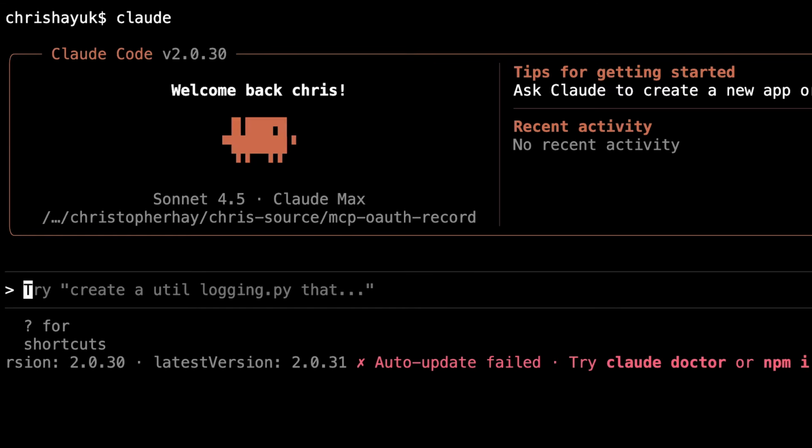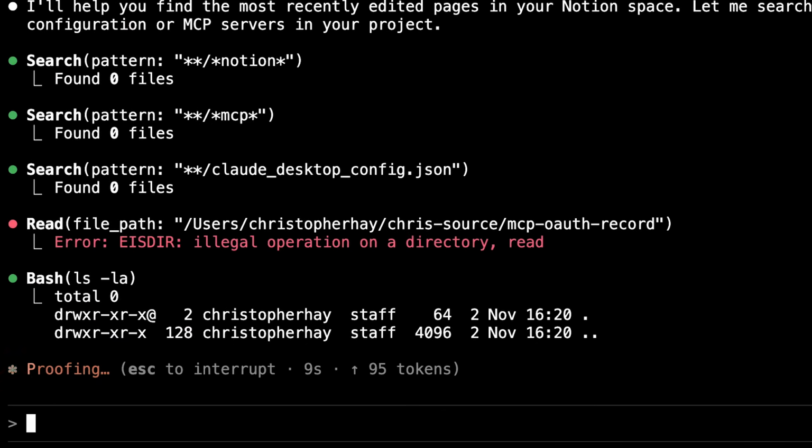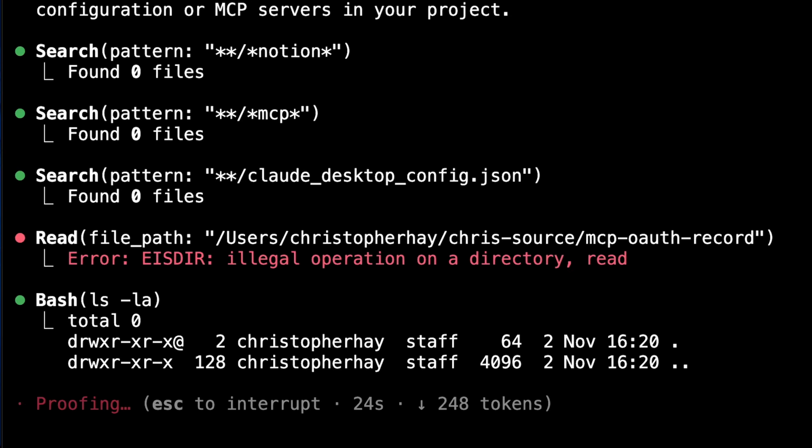You're obviously going to have to install that yourselves first, and I'm just going to type in, tell me the pages most recently edited in my Notion space. Now, of course, Claude Code hasn't connected up to Notion in any way, having given it an MCP server at this point. So there's really nothing that it can do apart from search around my site and my file system, which it's trying to do to try and answer the question, because I haven't given it a way to solve this. And now, if I add Notion as an MCP server to Claude, we're going to do a little bit